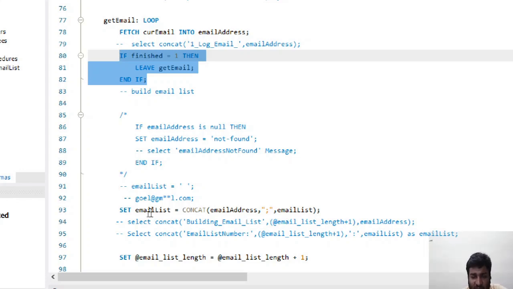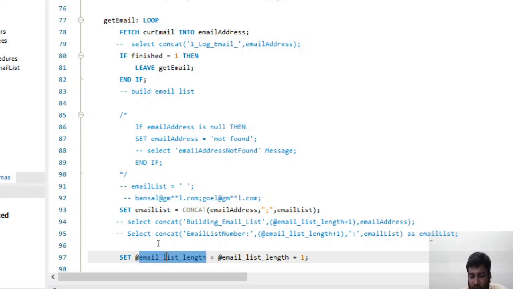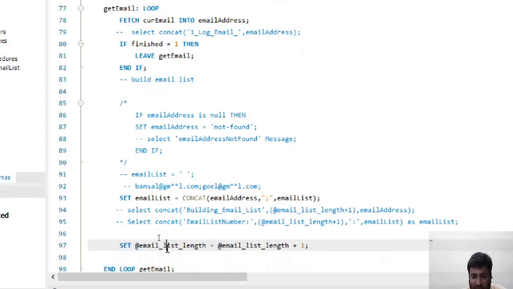Now the value of email list was already this, and it says concatenate this and Bansal. So now we have Bansal at the rate gm star star l.com. We have added two, and the email list length was already 1, which will be now 1 plus 1, 2, and 2 will be put inside length. So now the email list length is 2.